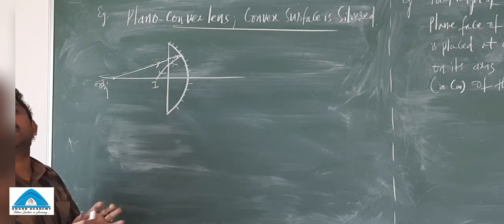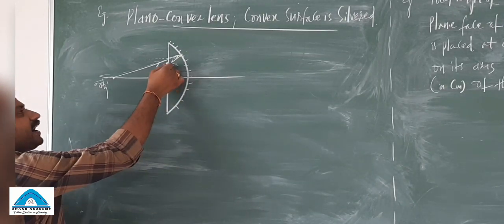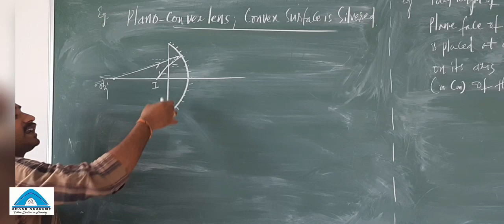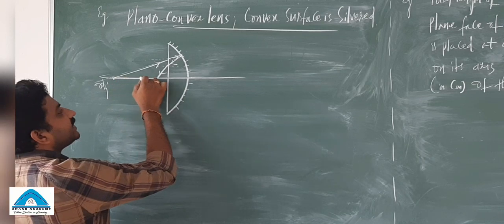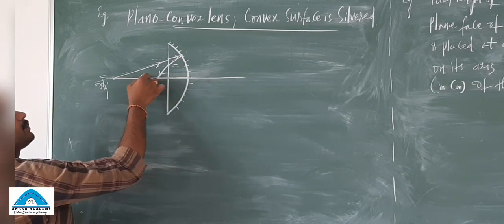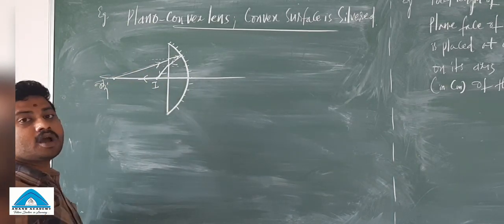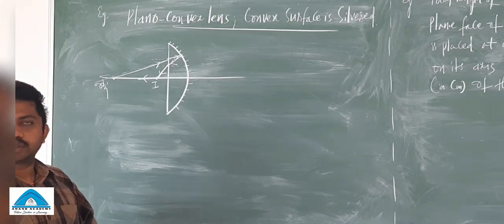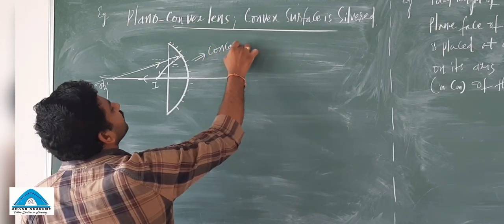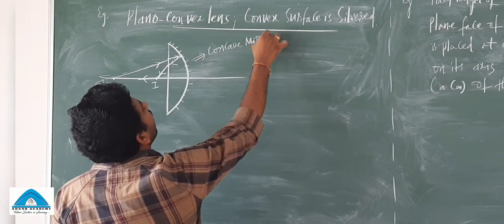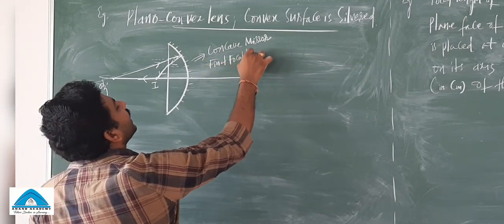So this image is a real image. Again I am telling you, how can you confirm that the image is a real image? Because it is the final ray, whether refracted or reflected. Here, one light ray is incident, the second light ray is incident here. It retraces the path. So this light ray and this light ray actually meet each other, which means a real image will be formed. So it is a concave mirror. So I am writing here: this system is behaving as a concave mirror, and we are finding the final focal length of the system.